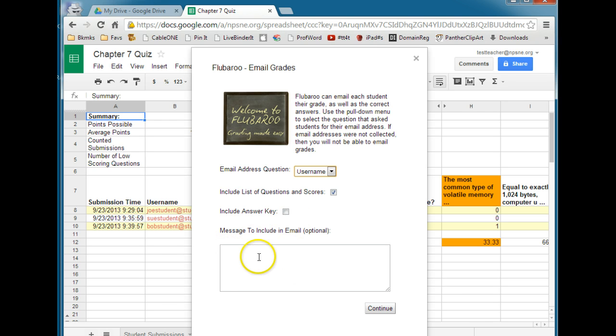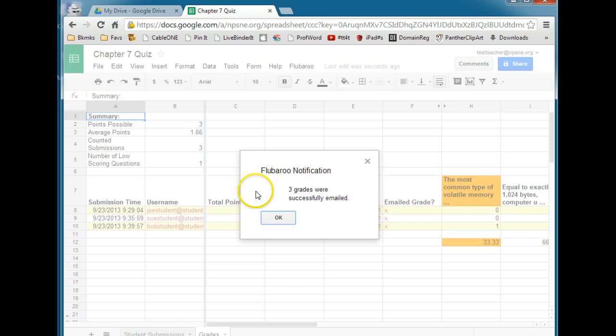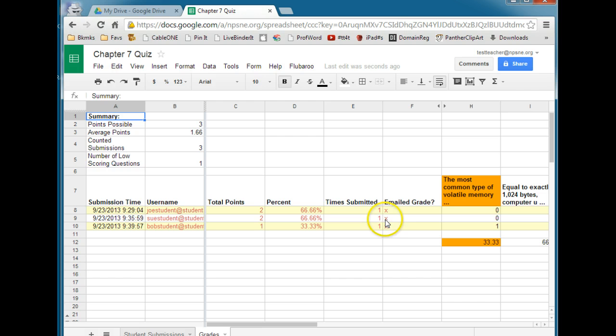This part is optional, but this would be included in the email that was sent to the students. So for example, if you're going to offer a retake on a quiz or something like that, you might want to indicate that here. We'll go ahead and leave these picked as their defaults, and we'll click Continue. And it'll run the script, and when it is done, it will tell you how many grades were emailed successfully, and you will also see an X in each row here where the grade was emailed